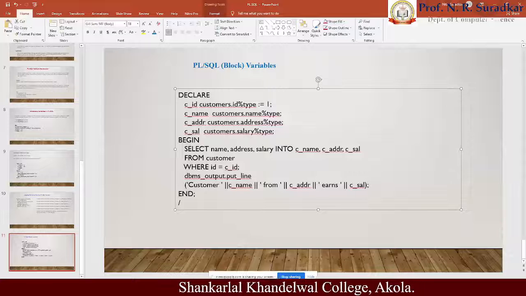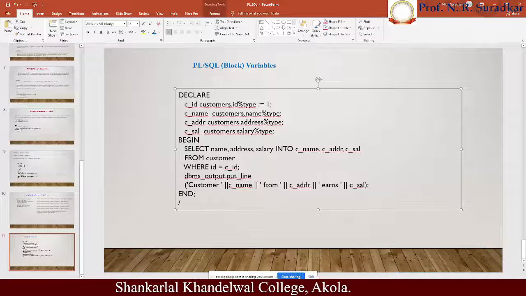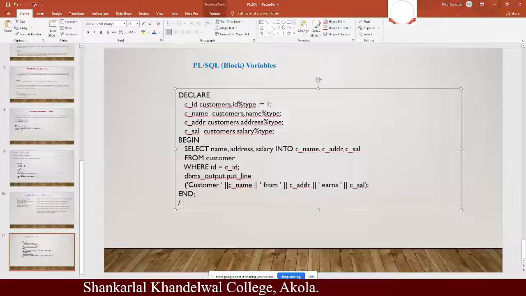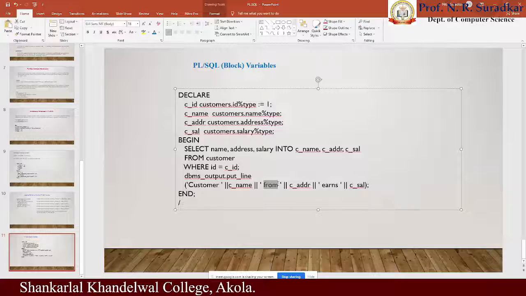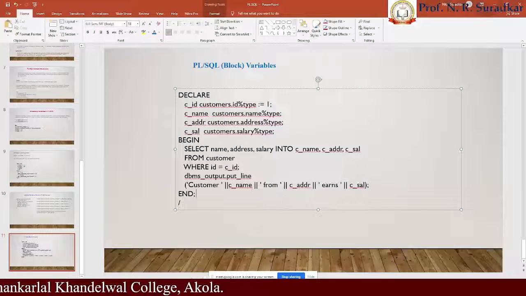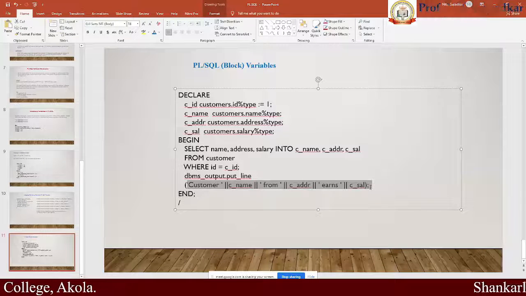We use single quotation: Customer, C_name from C_address earns C_salary. This is the text which we have to print. Means in this format the output has to be printed.